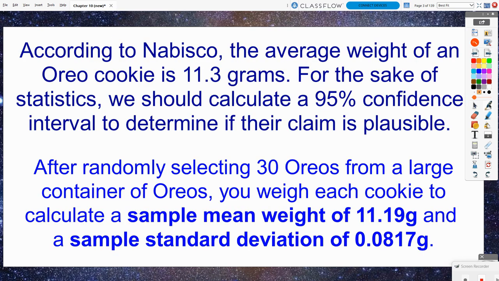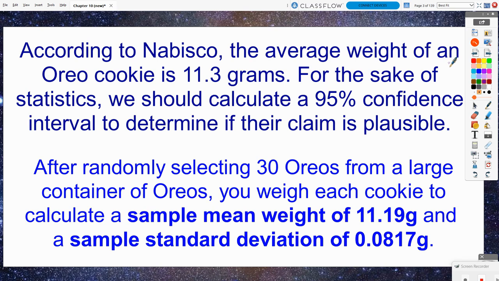So let's walk through an example here. According to Nabisco, the average weight of an Oreo cookie is 11.3 grams. For the sake of statistics, we should calculate a 95% confidence interval to determine if their claim is plausible. After randomly selecting 30 Oreos from a large container of Oreos, you weigh each cookie to calculate a sample mean weight of 11.19 grams and a sample standard deviation of